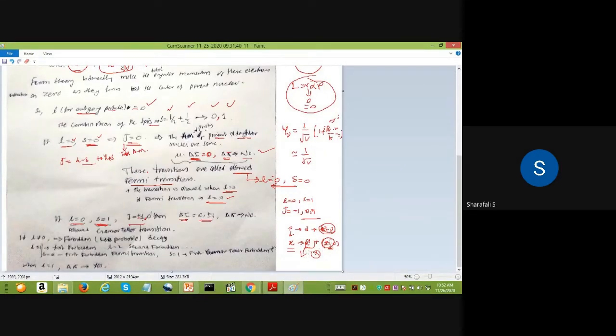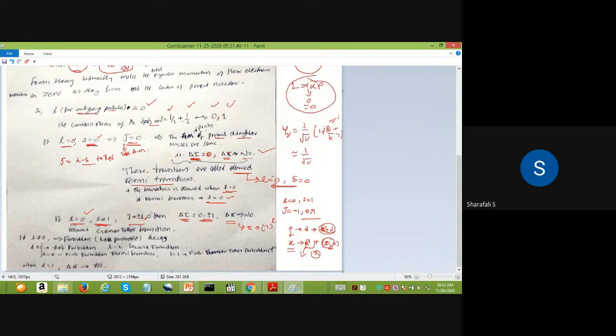So in that particular case, you have a different angular momentum for the daughter nuclei. If you take the change in angular momentum between the parent and daughter nuclei, you will get 0 plus or minus 1. And if you consider the parity, there is no change, because your parity will be given by minus 1 to the power L. Since the L value equals 0, there is no change in your parity. So this parity will be given by minus 1 to the power L.